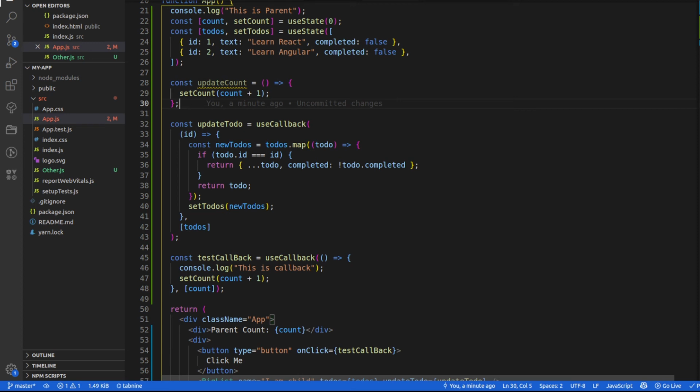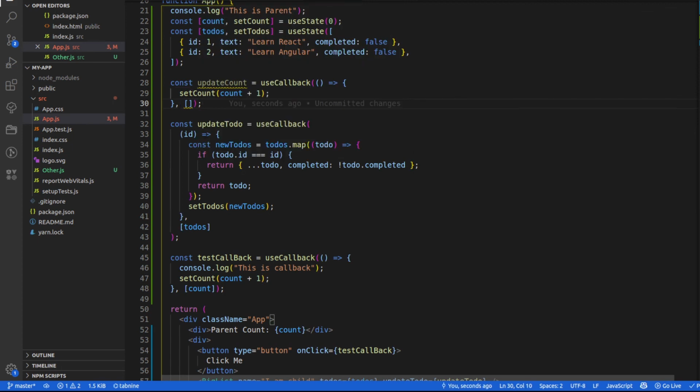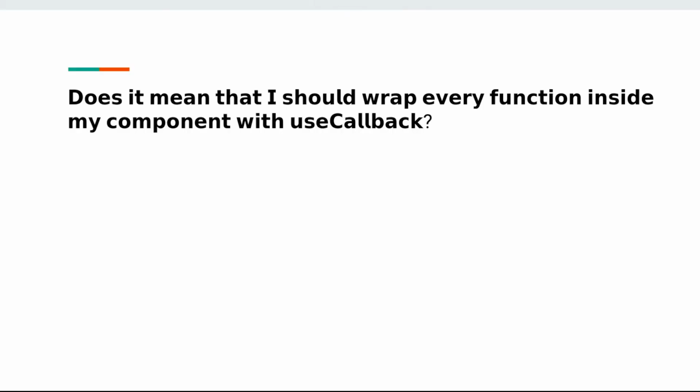Or do you feel that for every re-render my component should use useCallback, even if I am using it inside my child or not? What are your thoughts on it? Or we can say, does it mean that I should wrap every function inside my component with useCallback? Because I don't want that every time my component is re-rendering it is creating a new function. Let's discuss these points.